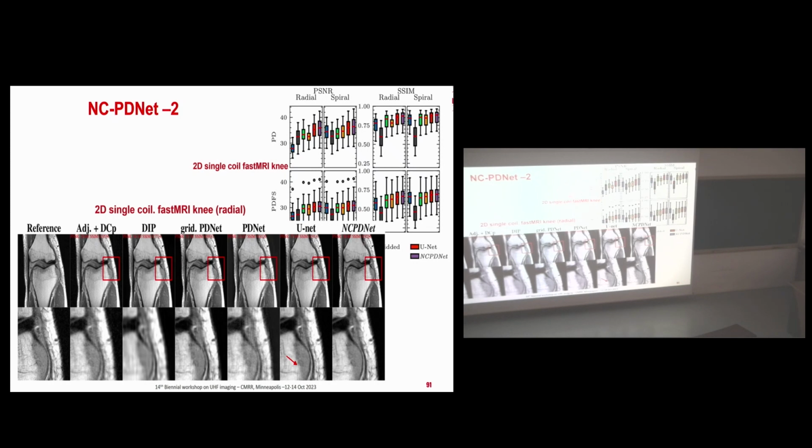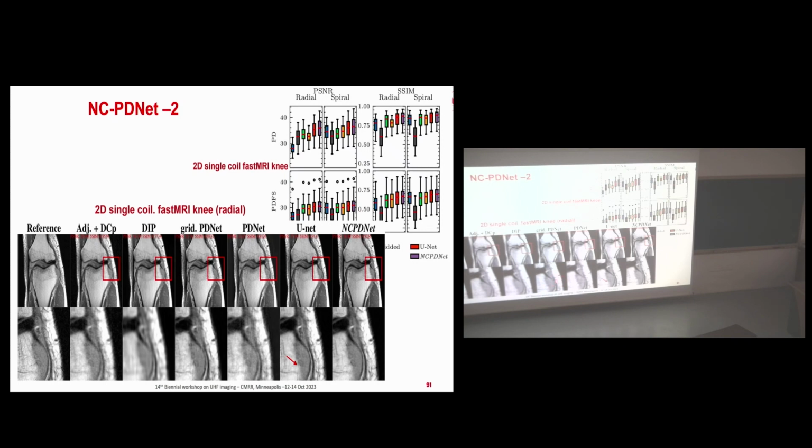So this is an illustration for 2D single-coil fast MRI imaging, both radial and spiral. You see that whatever the technique, spirals provide on average maybe better image quality. And what is interesting is that if you compare the different approaches, so this is a reference where, for instance, we use a gridded PDNet. What does it mean? Gridded means that we actually projected onto the grid in the Fourier domain prior to applying the usual PDNet,